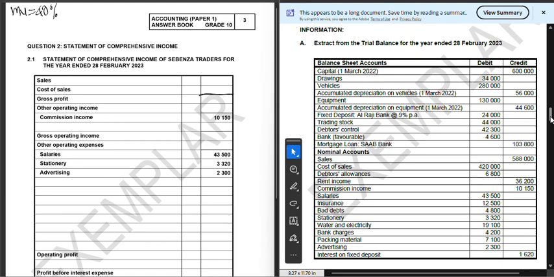Now we look at this information right here. You see here it says extracts from the trial balance. Now in grade 10 it is very simple because they tell you and they show you, we're just checking if you are able to identify where the information is by labeling the accounts. So when you look at this and you look at the statement of comprehensive income, you should understand that comprehensive income deals with the following. I'm just going to write what comprehensive income deals with. It deals with